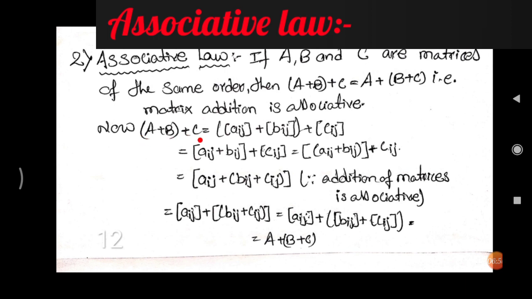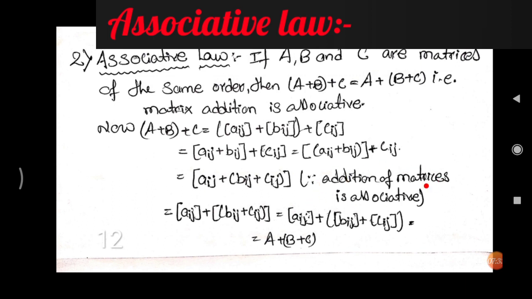So here we go the same. A plus b plus c is equal to aij, an element of a, bij, an element of b, and cij, an element of c. All these three are corresponding elements of three matrices. So we have aij plus bij plus cij is equal to aij plus bij plus cij, the same. What we do here is just shift the bracket from this place to this place, but the sum remains the same, as I said in the example above. So addition of matrices is associative.